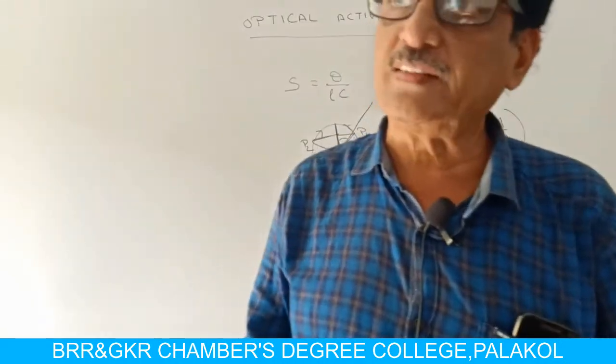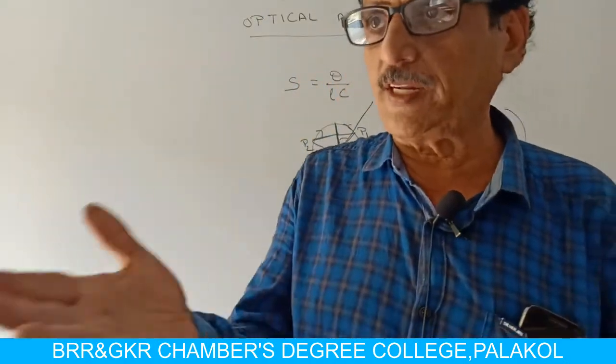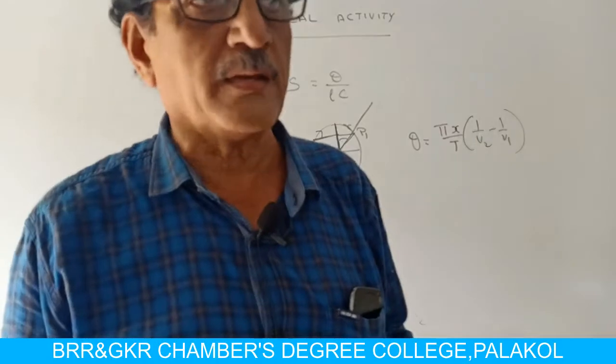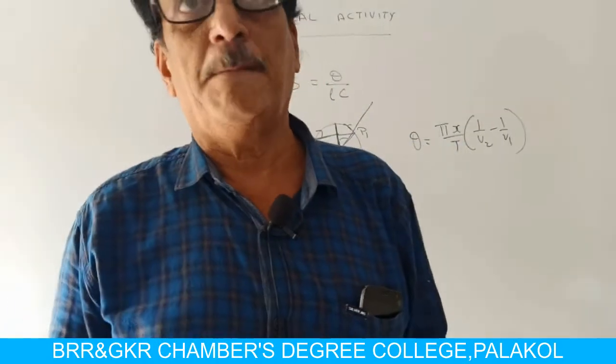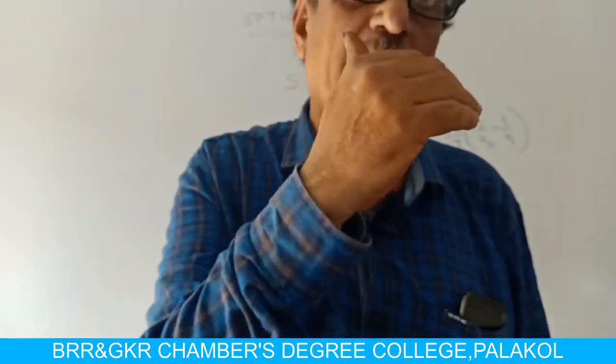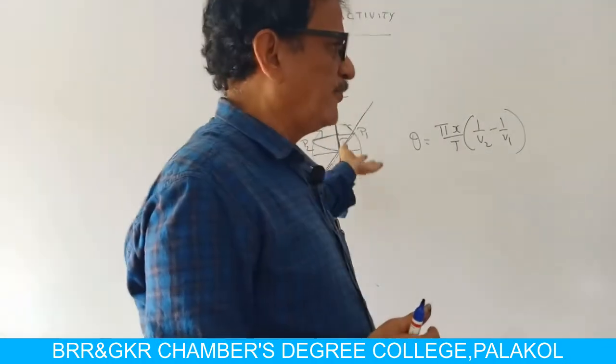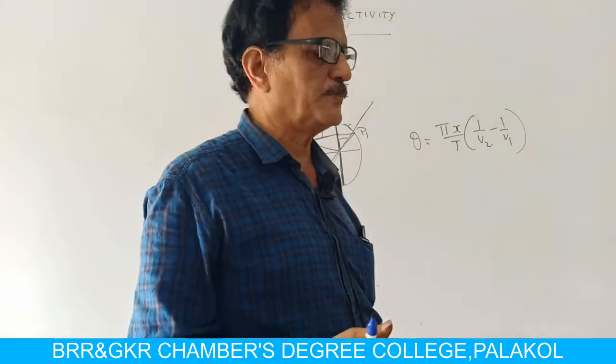If both have the same velocities, then the substance is called optically inactive, and no optical rotation takes place. But in an optically active substance, the axis of vibration gets rotated either in clockwise direction or in anti-clockwise direction, depending upon the velocity values of these particles P1 and P2.